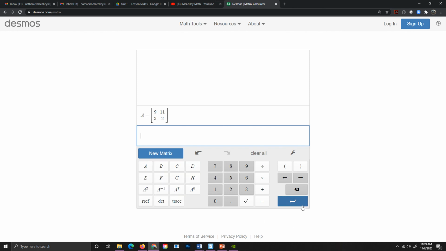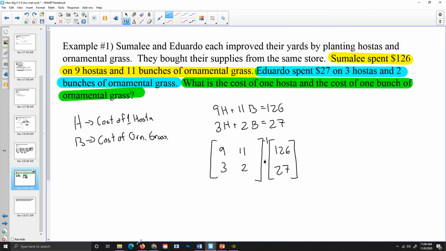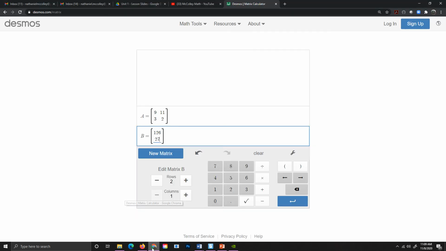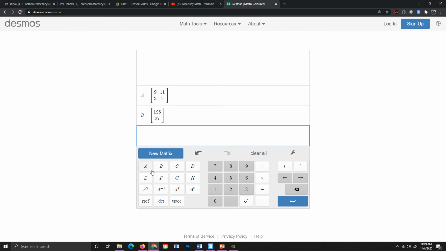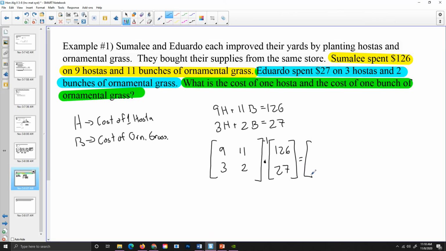We'll hit enter, and then we'll do another matrix B. We will reduce the number of columns by 1, and then it was 126, and hit right arrow and 27. I'm fairly certain, but I got to check. 126 and 27. Okay, that's beautiful. We'll go back to here. We'll hit enter, and again, A, the inverse button, B, and so 3 and 9 is the cost here. And so our result here is 3 and 9,